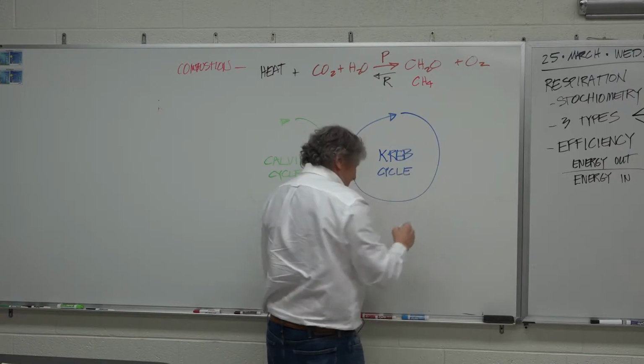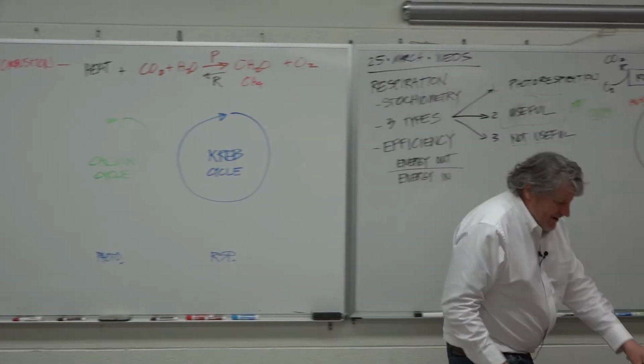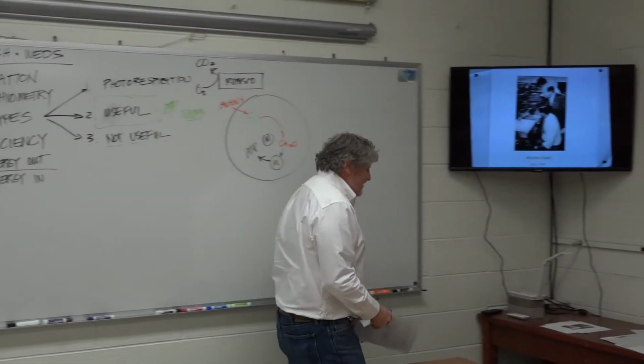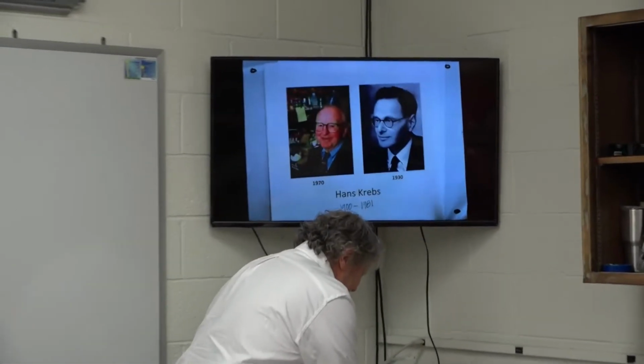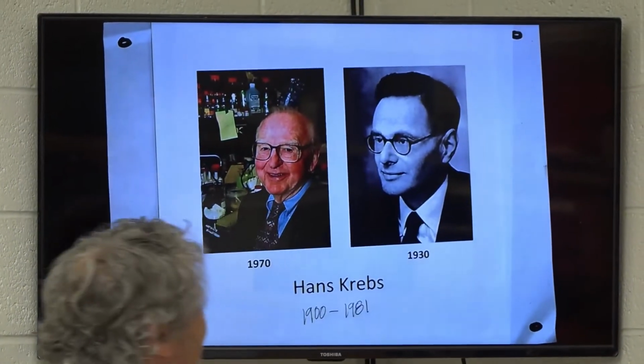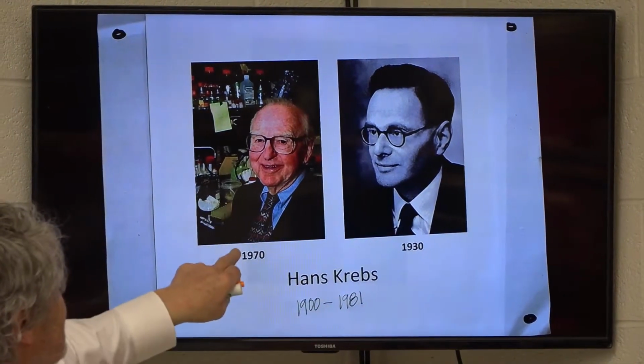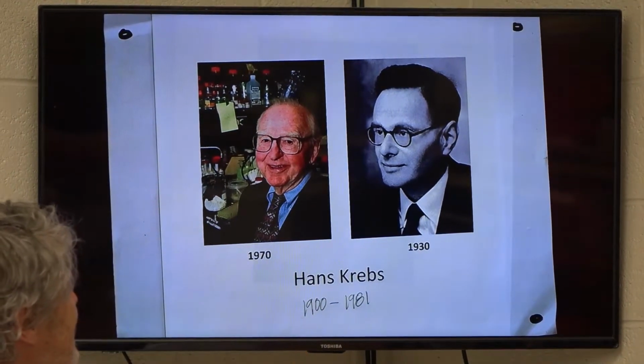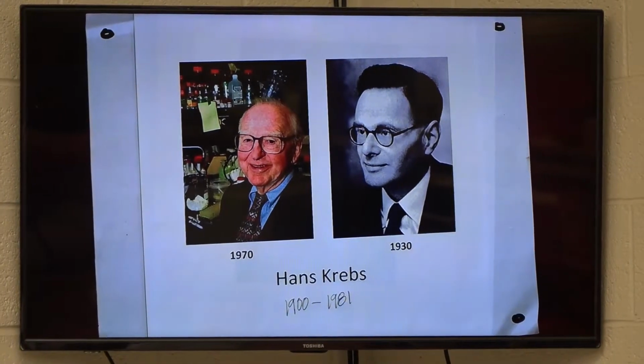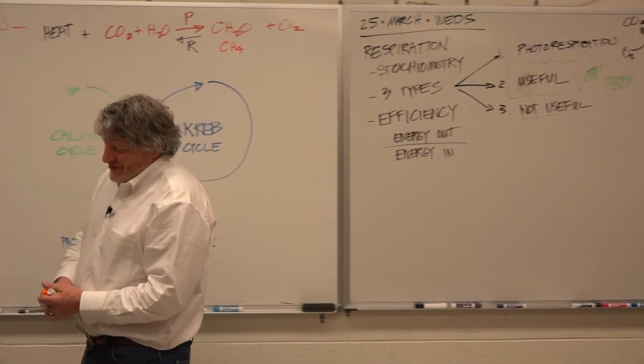Krebs. And here's a picture of Hans Krebs. I had to look him up on the internet. As a young scientist, 30 years old, and then here he is, 70 years old. He died in 1981. He was a Dutch scientist, but these are both